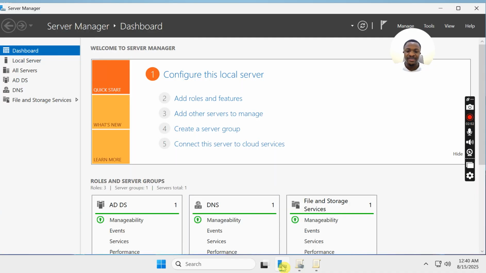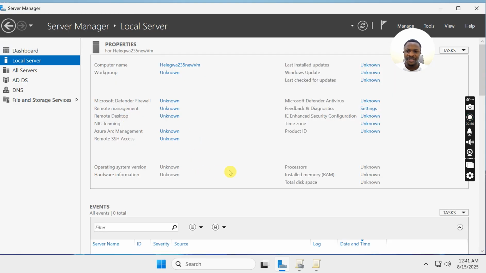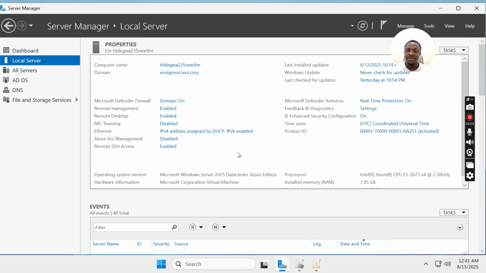This is the Server Manager, and I can go over to Local Server, and you can see that the information here corroborates with whatever was on my Azure portal. Helegua 235 new VM is what I'm currently on, and the requirement is also that I should name the domain